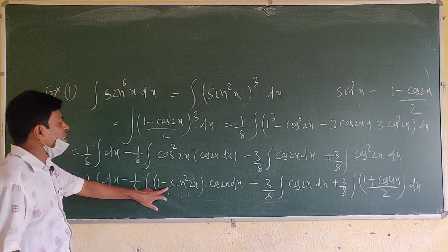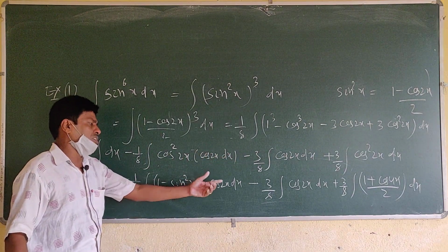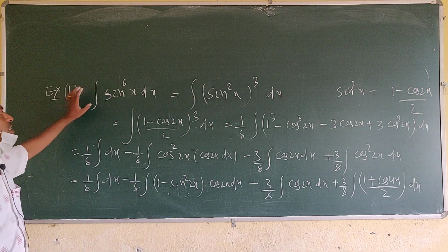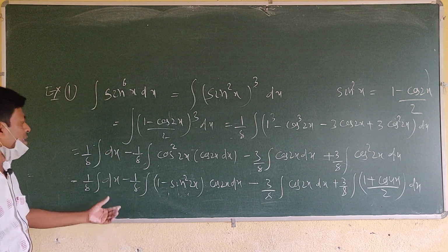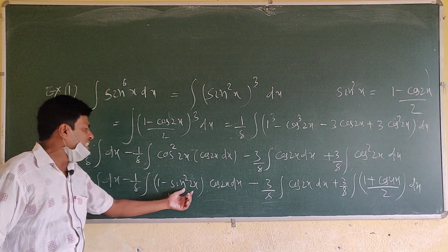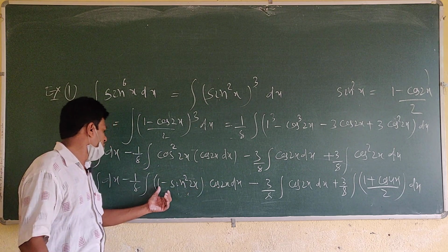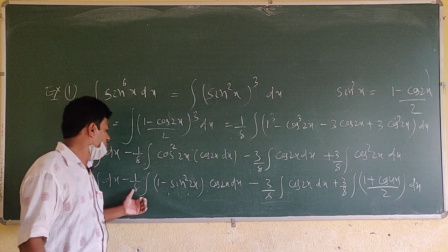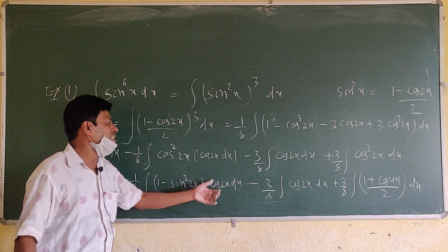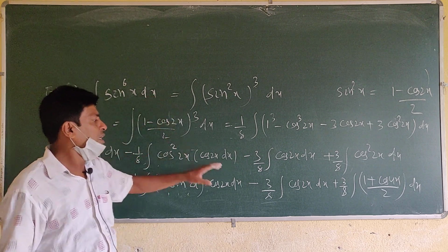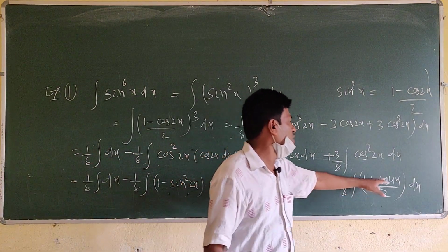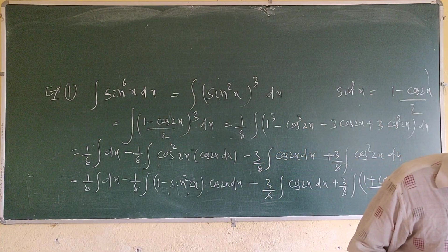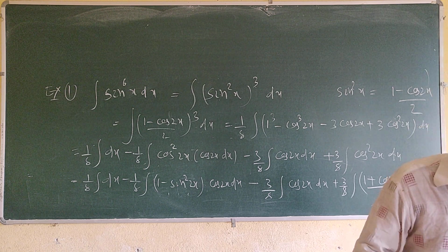Put sin 2x equal to z, cos 2x dx equals dz/2, and continue in this way. Easily you can find the value of sin 6x dx. In this process you can solve it: put sin 2x equal to z, cos 2x we already know, so z square dz by 2, taking 2 outside, z square dz. Previously I have solved this problem, the cos 2x integral you can already find, and the 4x one you can also find out. So now that is number 2 vi.